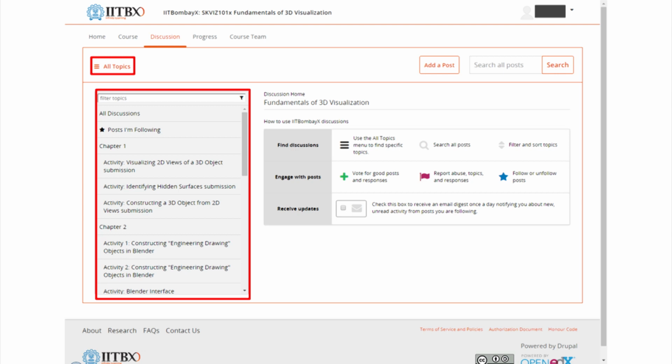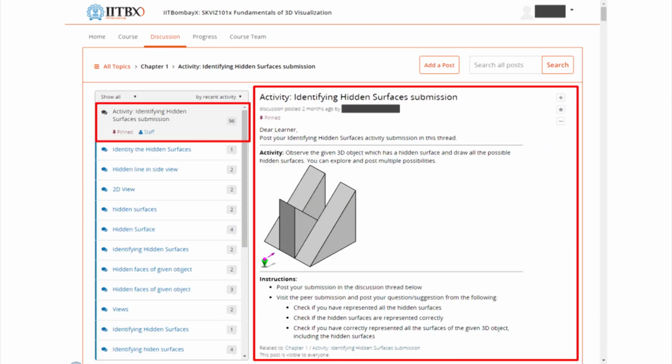The grey portion below all topics lists all the topics available in that particular course. These will come by default, and clicking on any one of this will open the discussion which are happening in that particular thread. As you can see, it starts with a header which tells you the title of this particular topic, followed by the matter or the content of that particular post. As you can see, it can have images, text in various formats, and this can be scrolled down so to see the additional posts done by various people on this particular thread.